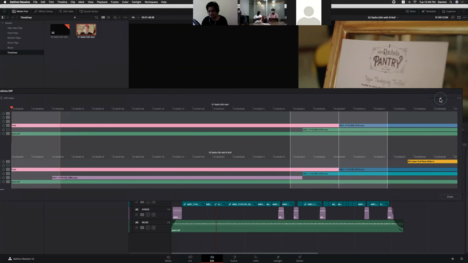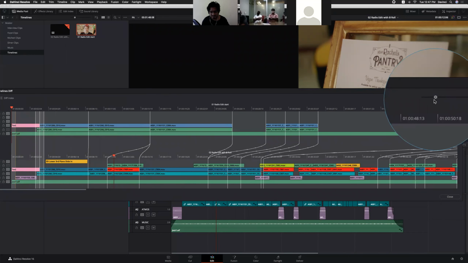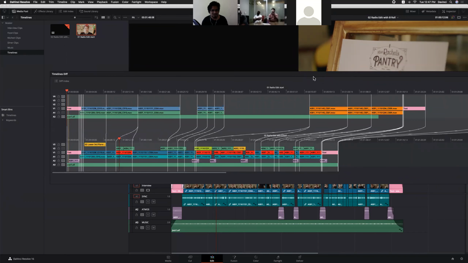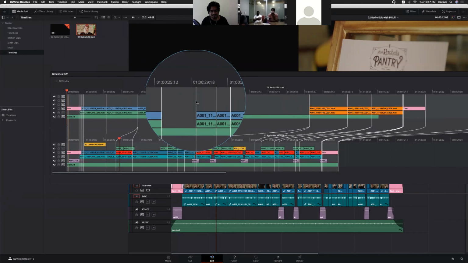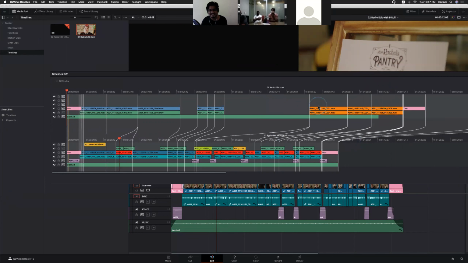Now just zoom out a little bit by using this knob. Now see, different colors represent different clips. Wherever you are seeing the lines here, the yellow color represents a change in that particular clip. That means you have added these clips in a particular timeline. Red color means that in the timeline we are comparing, you don't have those clips in the first timeline. This is the difference. And it's a kind of complex thing.